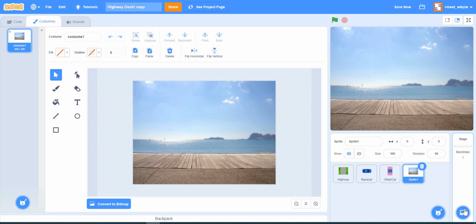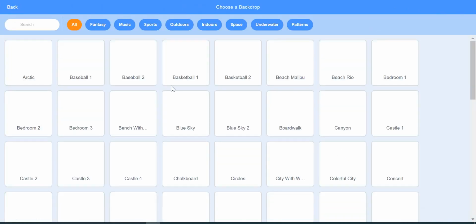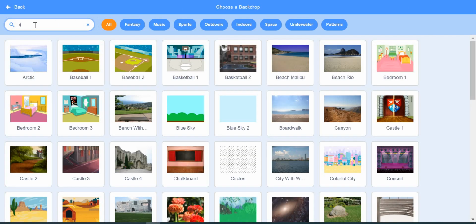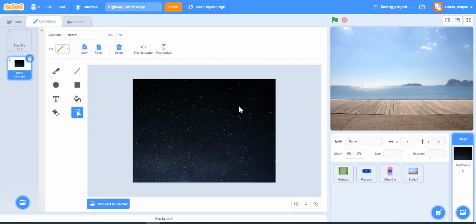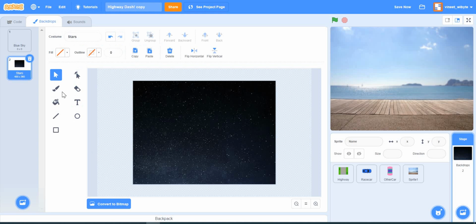Let's look at some other backdrops. I can go and say choose a backdrop. Let's say I look at something like stars. We have used this before. Once again, I convert this to a sprite. How do I do that? I convert to vector, select this, copy.